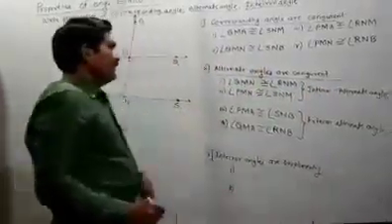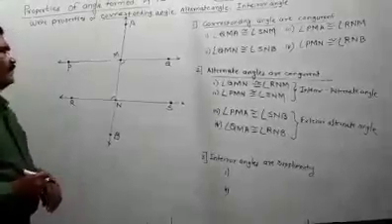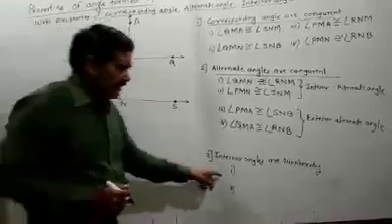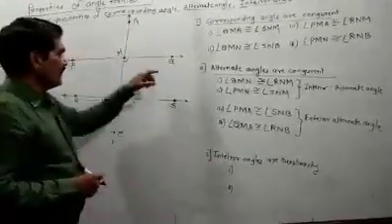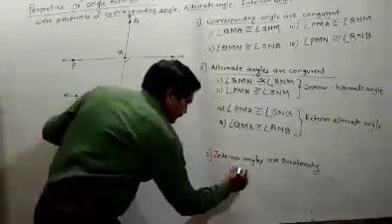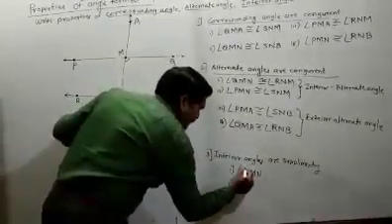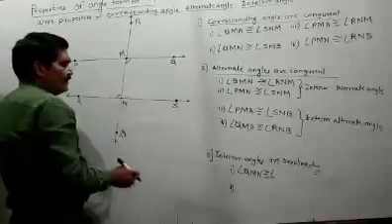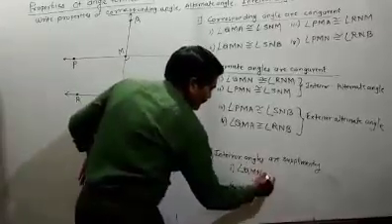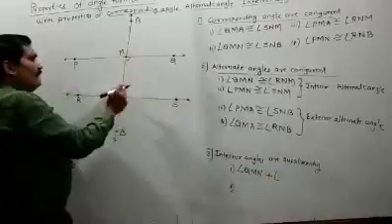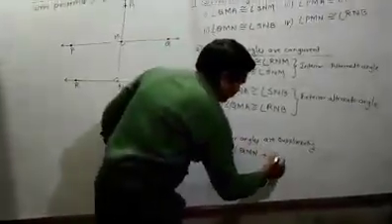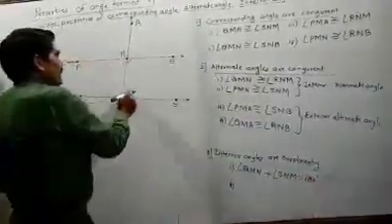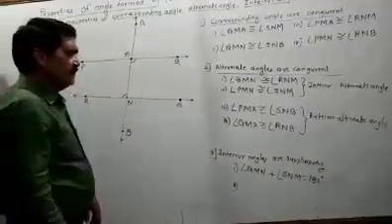Then you have to start with the interior angles. Which are the interior angles? These and these are the interior angles. What is the property of interior angles? Interior angles are supplementary. Then what you have to write? Angle QMN is not congruent but supplementary: angle QMN plus angle SNM is equal to 180 degrees.